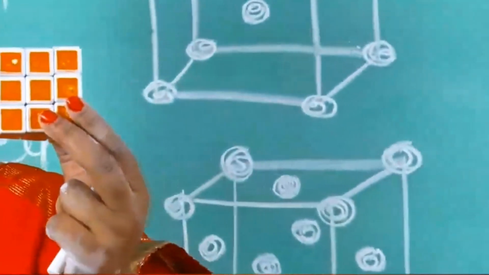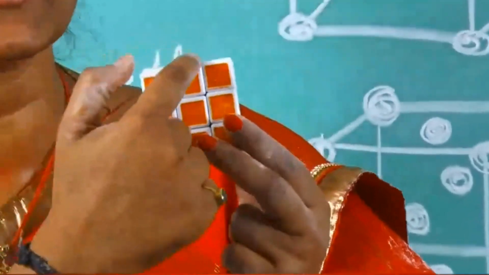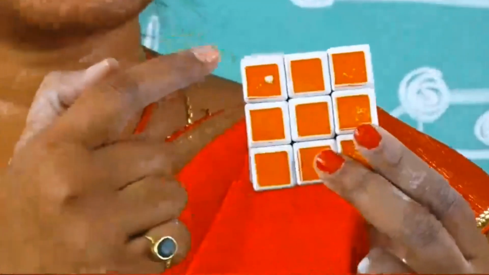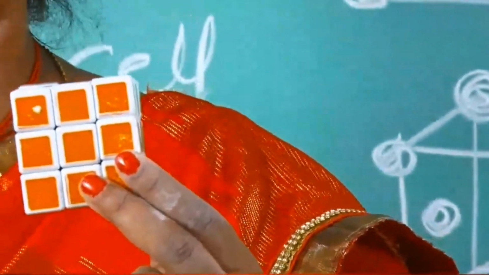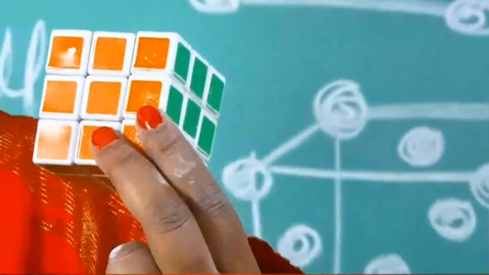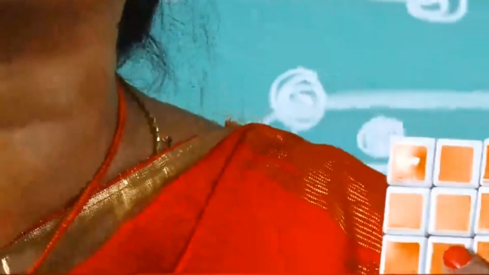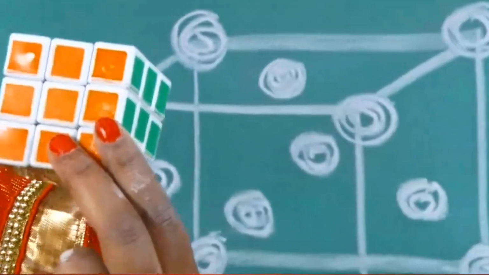Is the next unit cell also sharing? If one particle is placed here, it belongs to this unit cell, and this unit cell can also share. To this unit cell, how much are we getting? If the particle is here, we get half in this unit cell and half in that unit cell. If the particle is here, 1, 2, 3, 4 unit cells are sharing. For each unit cell, how much are we getting? 1 by 4 only. Yes or no? 1 by 4.